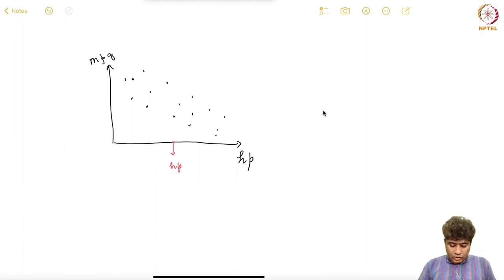So if this is the horsepower, most likely the value of miles per gallon will be somewhere in this range, with the mean could be here,